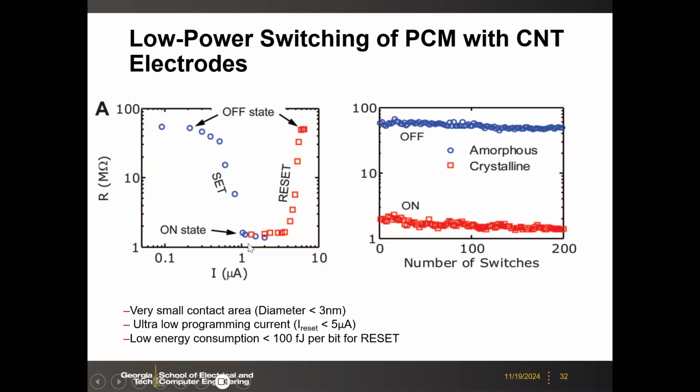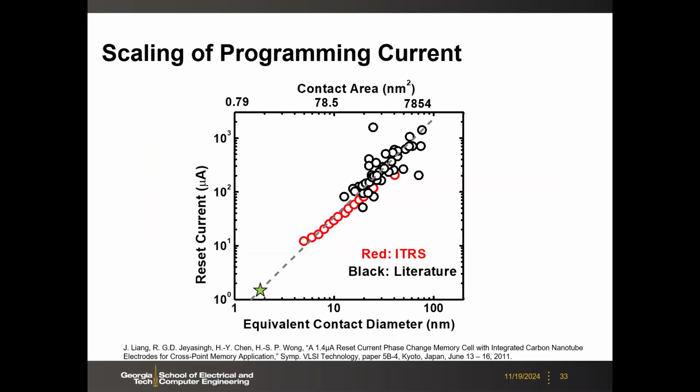If you can scale this down to like 2 nanometer by 2 nanometer using the conventional fabrication method, which is still impossible today. I mean, industry cannot make a 2 nanometer by 2 nanometer contact. There's no way. From the lithography, even with the EUV, there's no way. Okay, as of today. But anyway, if you do this, okay,